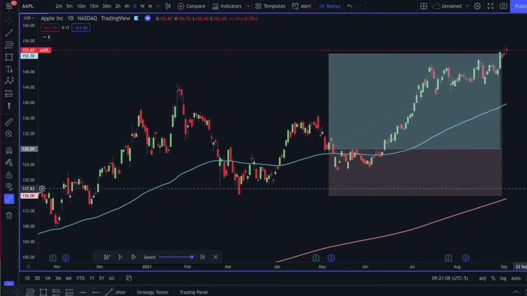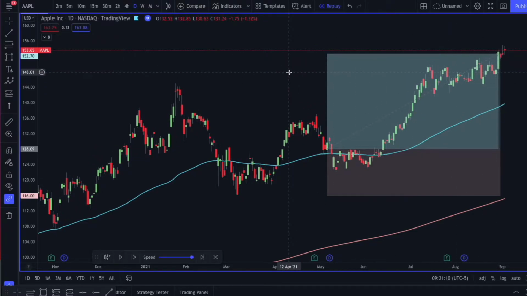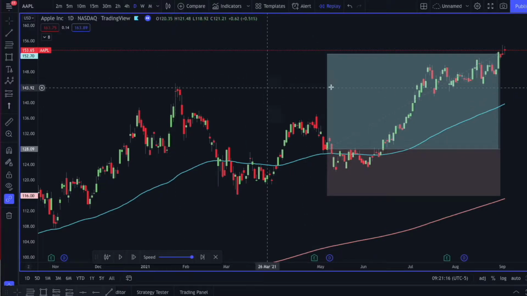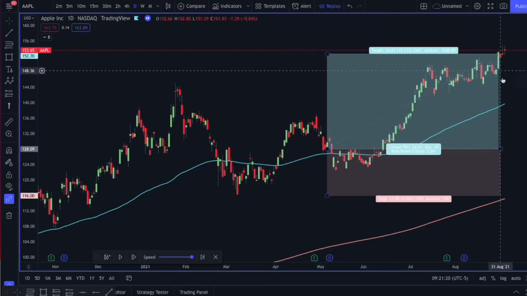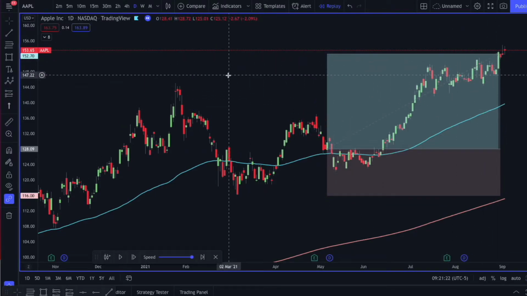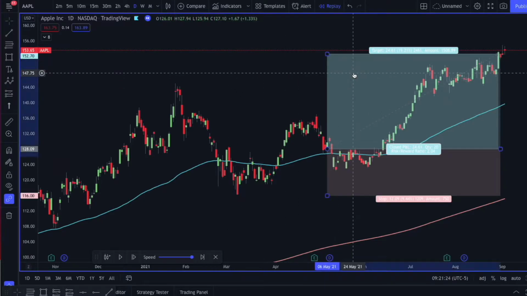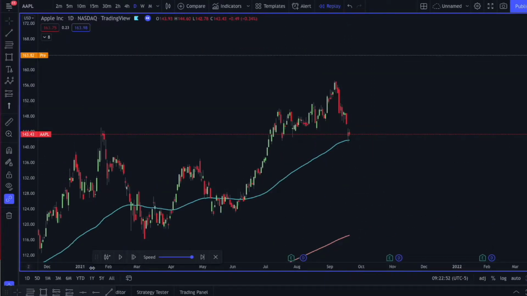Okay, so ultimately it did get to our second take profit. It hit both of them, and notice how when it got to this high, it did hit a little consolidation period and then ultimately went up. So that's another example of a trade that worked. Okay, so we'll place our buy,